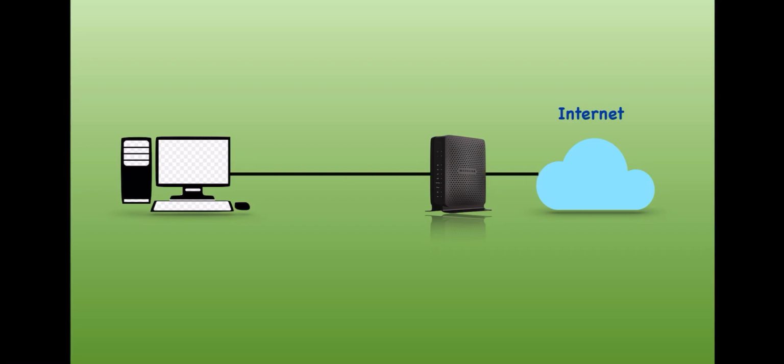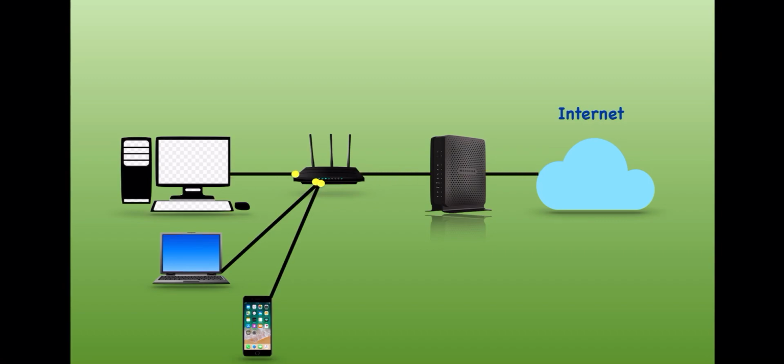But now, as we saw, the router was connected to the modem. As I have said, a router is a device that routes or passes your internet connection to all of your devices in your house. So when a router comes, it passes information. Now what happens if there is more than one connection, like here there is a PC, a laptop, and a smartphone? Then what will the router do? The router will distribute the signal, it will route the signal to all the devices, both in wired and wireless form. So it will bifurcate or divide the data and route the data to all the devices.